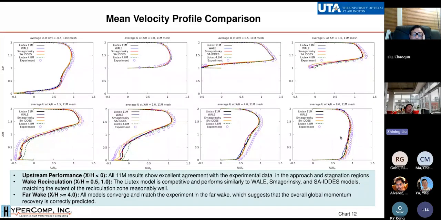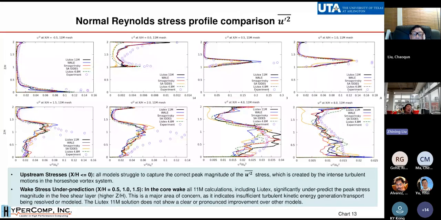So this is just a very first simple test. Then we go to the Reynolds normal stress, the normal Reynolds stress profile comparison. The first one is U prime square, okay? Here, the LES model looks okay, but the IDDS is very poor. Okay, you can see IDDS almost did not develop this Reynolds stress